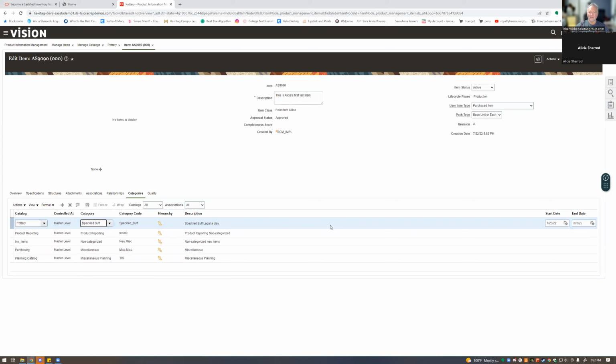And while you're here, where are you going to add another catalog? This is a single item. Okay, so you don't want to assign it another category, but you might want to change the description because this is speckled buff clay, right? Yeah. So go up to where it says description and make it make more sense. All right, so now if you save that,